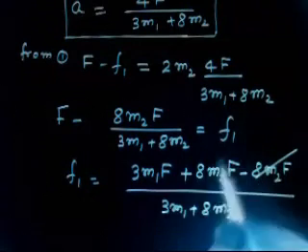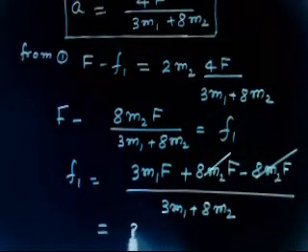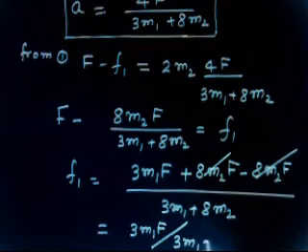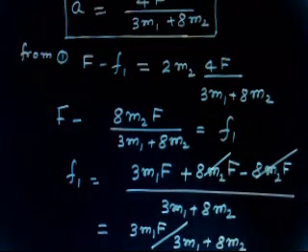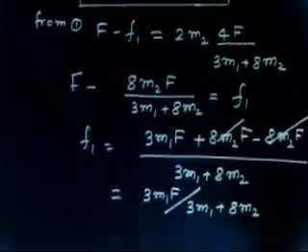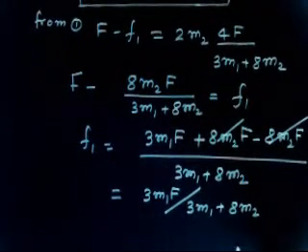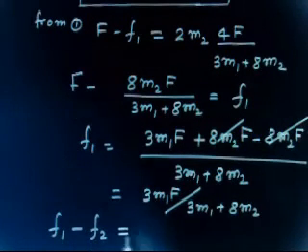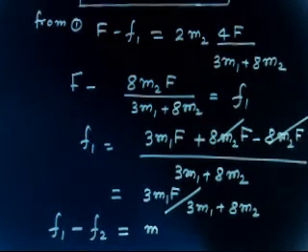So F1 will be 3M1F divided by 3M1 plus 8M2. Similarly, if you know F1, you can find F2. So let us use equation 3. Equation 3 is F1 minus F2 is equal to M1